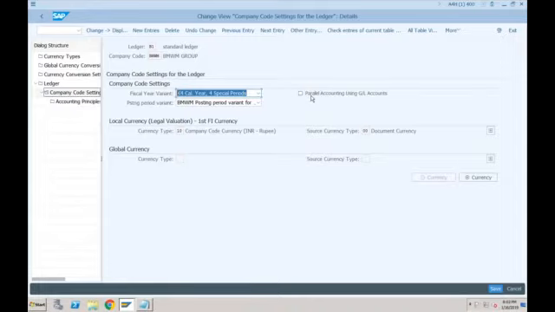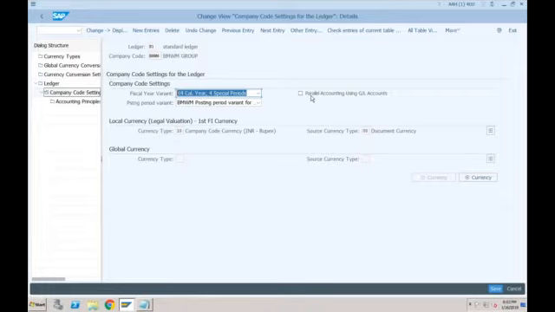When we are saying parallel accounting using GL accounts, this itself means that we are not going to create multiple ledgers. We are only going to create one ledger, and that ledger will be used for all the different accounting principles. So logically, there is only one leading ledger which will be created if you are taking this indicator.